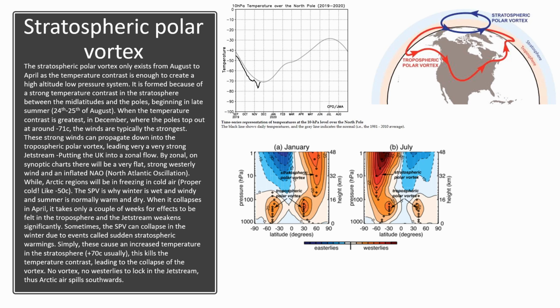And remember, in the southern hemisphere, the Earth's tilt is tilted away, so the southern hemisphere gets the southern stratospheric polar vortex, and it kind of switches around like that. So it's constantly oscillating between the southern and northern hemisphere, and they form every year. They're very normal in the weather, and this diagram up here just shows the stratospheric polar vortex and the tropospheric